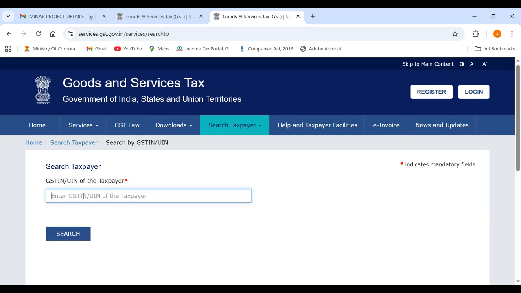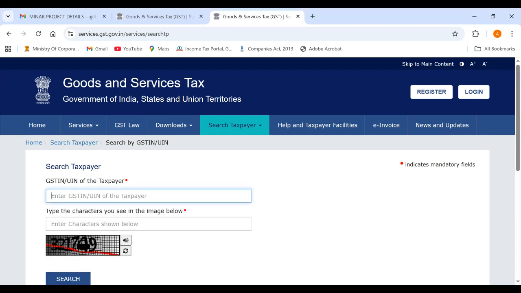If you give the GST number here, then automatically the details of that person would appear, so that you can check whether they are a regular taxable person, casual taxable person, or composite taxable person. You can very well verify the particulars of that supplier using this window. Apart from which,